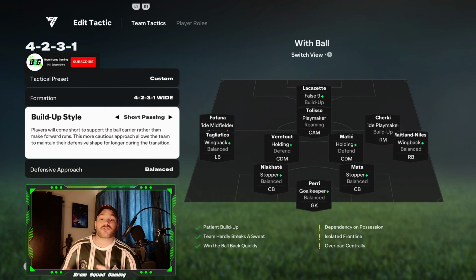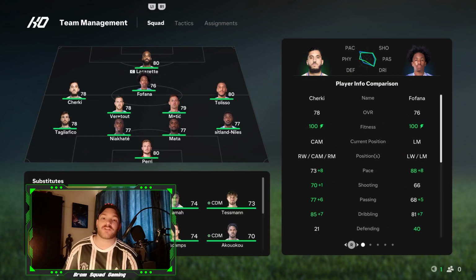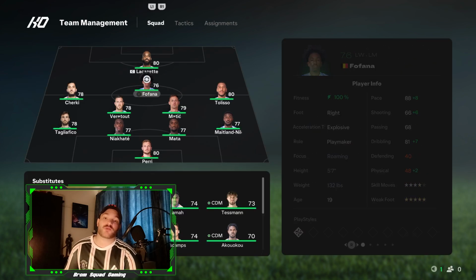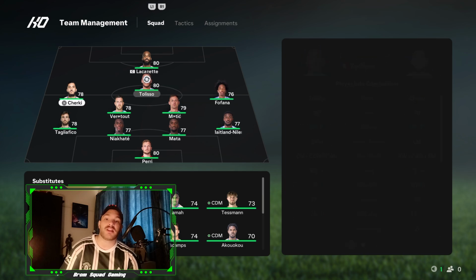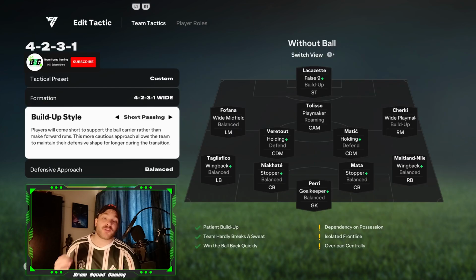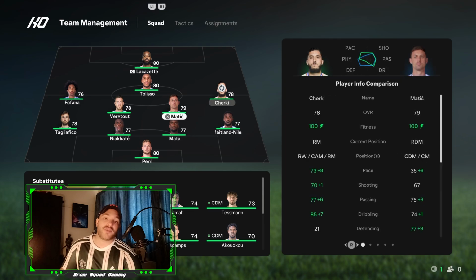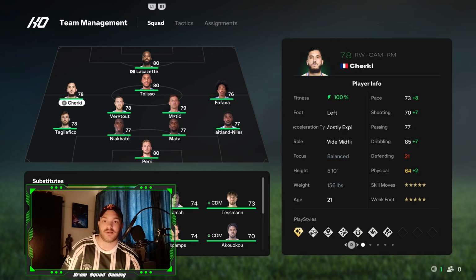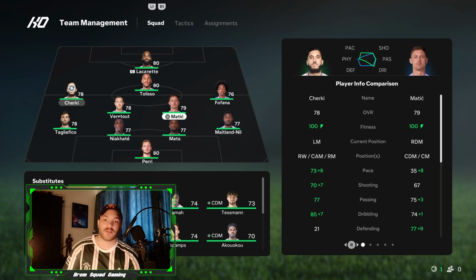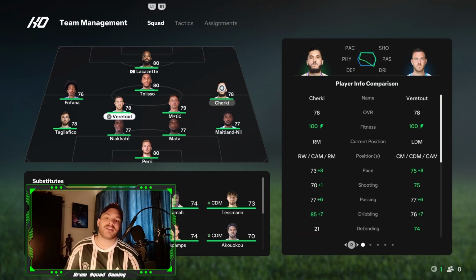So there is a lot of structure with Fonseca's approach, but he also embraces fluidity in the team, allowing players like Ryan Cherki to be able to shift positions with other players. You may see the French wide midfielder start on the right before shifting into the central spaces or even switching to the opposite flank. But despite this freedom, Fonseca still demands that his team keep their natural 4-2-3-1 shape or 3-2-5 attacking structure. And one thing I did note when watching Fonseca's Lyon, he does tend to switch his wide players a lot, which can generate different attacking options and alternative attacking patterns, which can keep the opposition on the